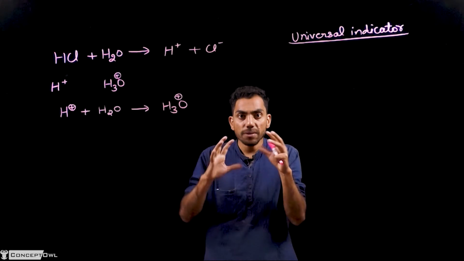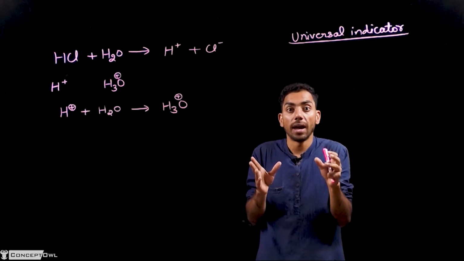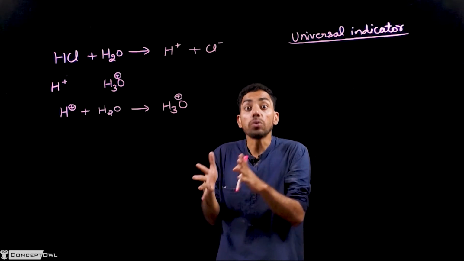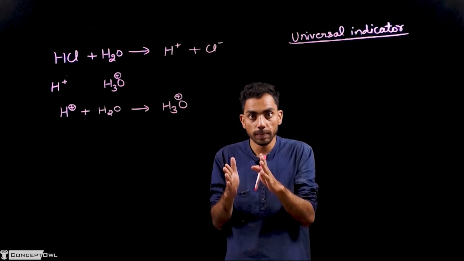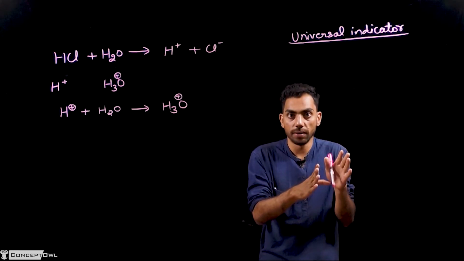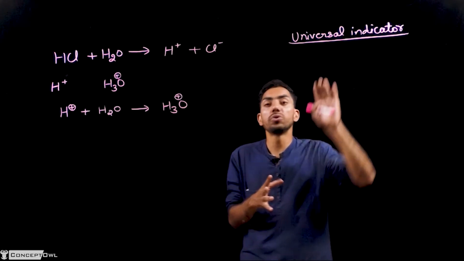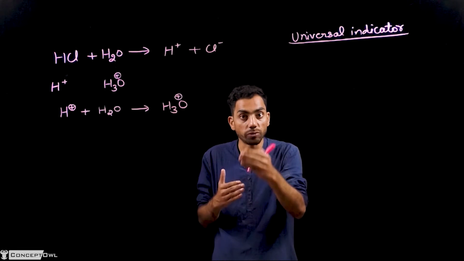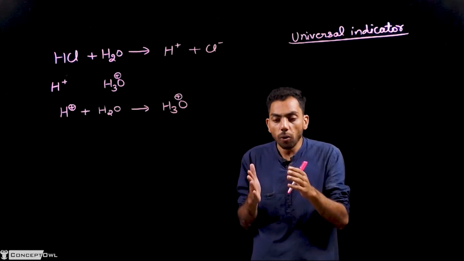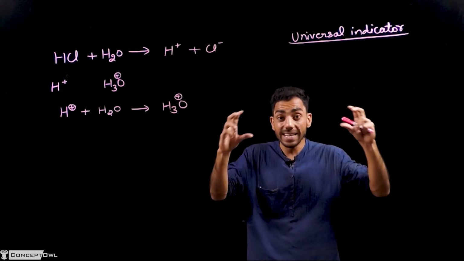Universal indicator is a mixture of different types of indicators. If your acid is very strong, it will show dark red color. If your acid is weak, it will show light red color, and accordingly for base also. So we can use universal indicator if we have to check the acidic strength. Understood? Now this universal indicator can only tell you about the